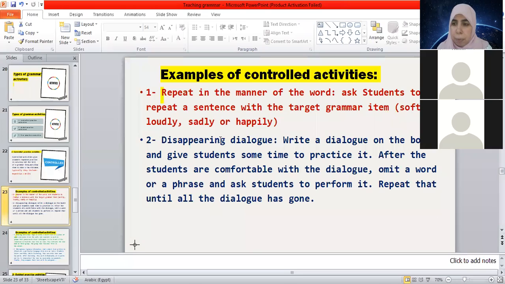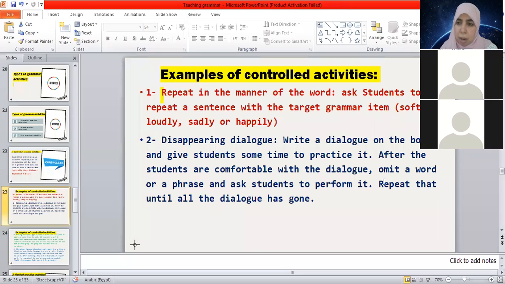Remember this activity? I think we talked about it before, if you remember. Disappearing dialogue or vanishing dialogue. Can you remember it? Okay, suppose the teacher writes on the board a dialogue and gives students time to practice it. For example, in pairs. Okay, after practicing the dialogue, the teacher starts to delete words or phrases from the dialogue